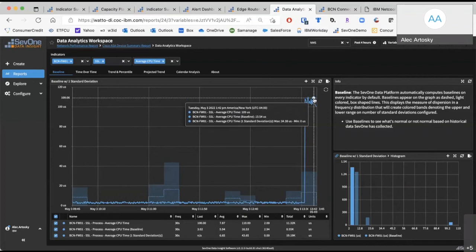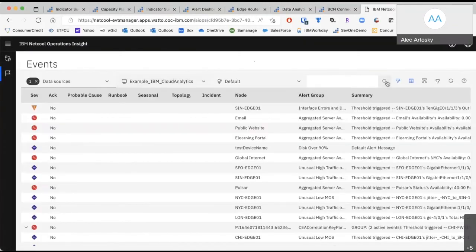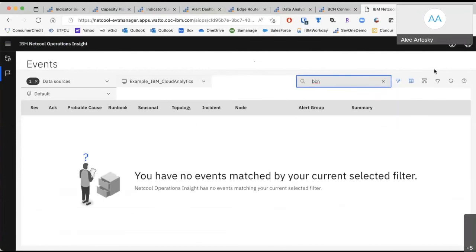Because our baseline was roughly 13 and a half, you can see that traditionally, as long as we're between 0 and 33.38, that is considered an acceptable range of deviation, so no alerts would be triggered. But because we've reached 109, an alert was triggered, which ultimately said that we have an issue itself. So all of these have basically shown why the alert was created. Now, one of the huge benefits is that we can actually pop into Netcool and understand if Netcool has the ability to correlate individual data sets.